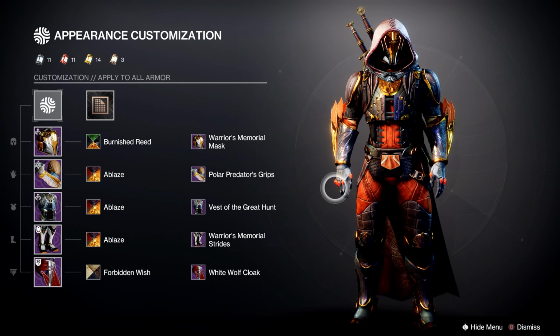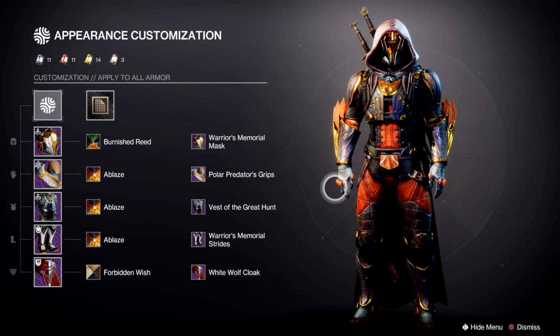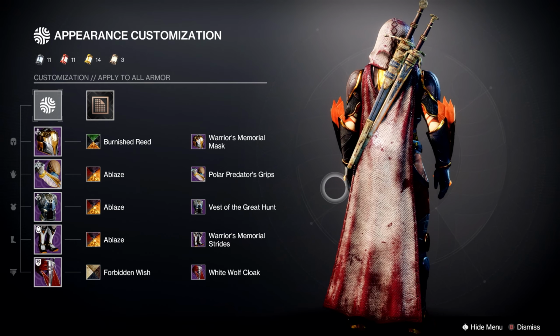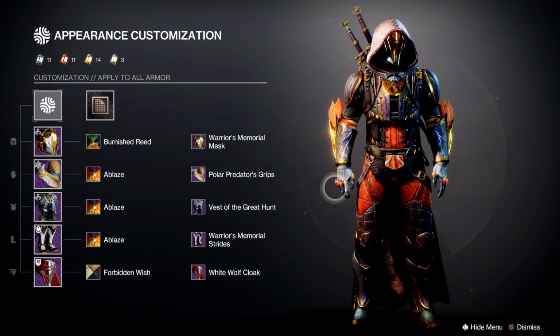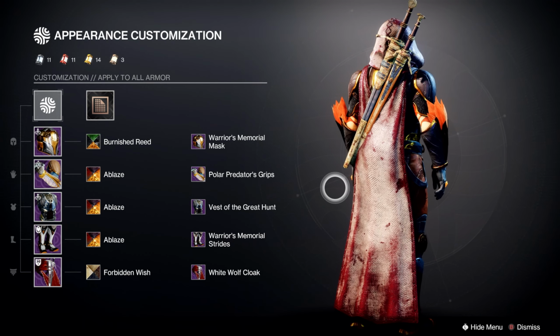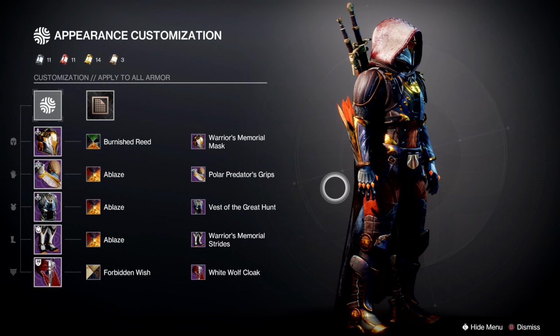So we got the Ablaze color scheme going with all of the moving flames-based armor sets. We have the Vest of the Great Hunt from the Last Wish raid. We have Warrior's Memorial Strides, and I think those are the Galahorn specific armor set boots from the Eververse store. We have the White Wolf Cloak, which is that Witcher-themed armor set from the Eververse as well, with the double swords in the back. Polar Predator grips, those are specific from the Dawning events, and the Memorial Mask is the